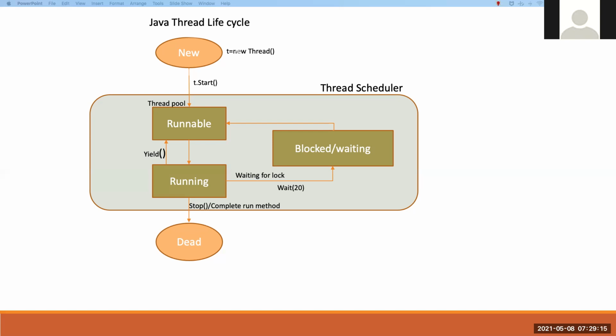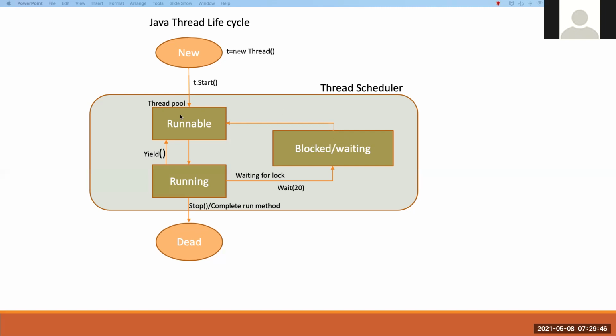Then the current running thread has to wait until the other thread releases the lock. In that situation, the current running thread moves into the blocked state, and the thread scheduler picks another thread and moves it into the running state.